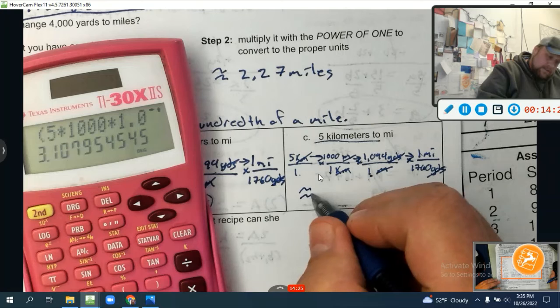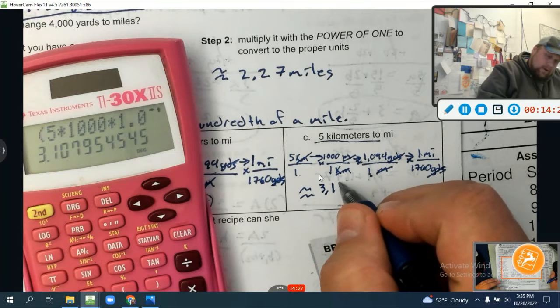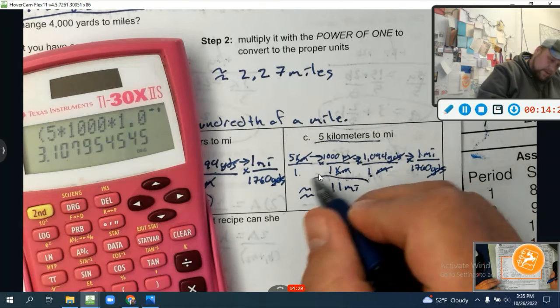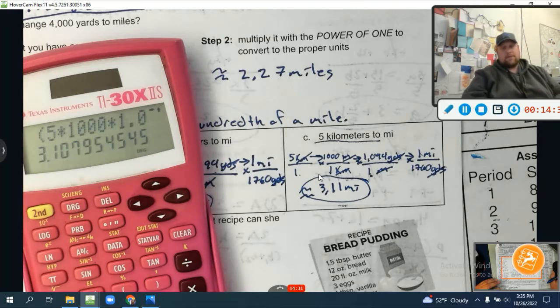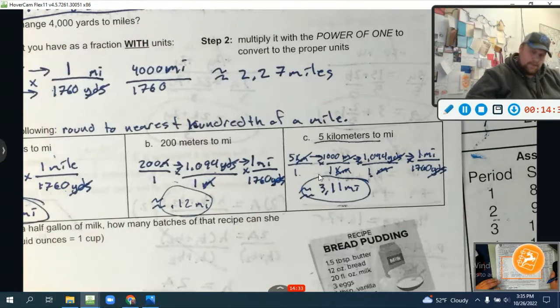All right, guys, let's finish up these last two. It says if Nita buys a half gallon of milk, how many batches of that recipe can she make? 8 fluid ounces equals